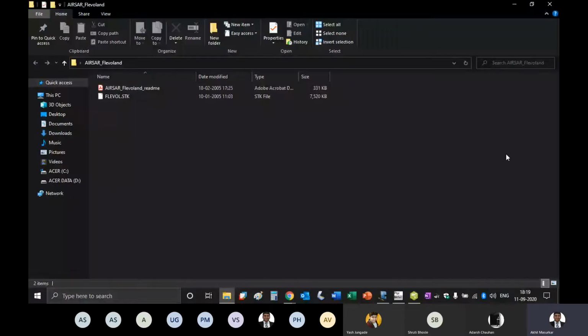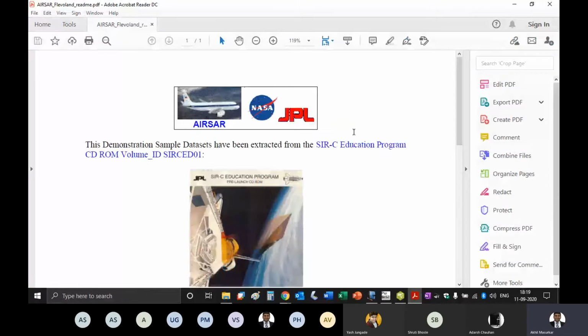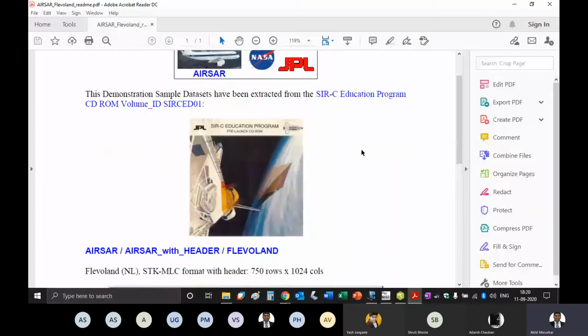Now you can see inside this there is one README file. You can consider opening it, and you can see from where this data has been extracted and what the details are.